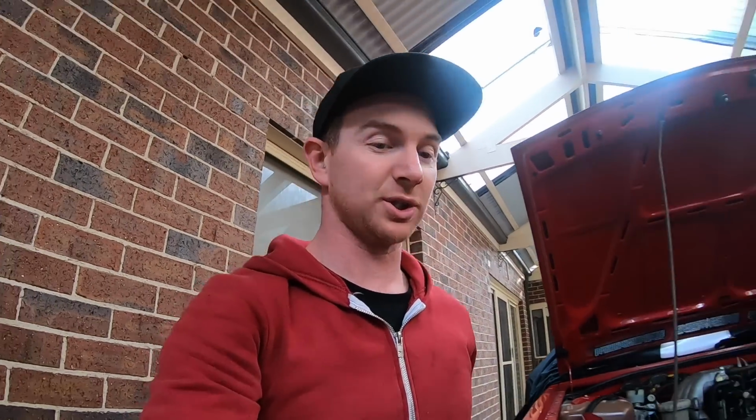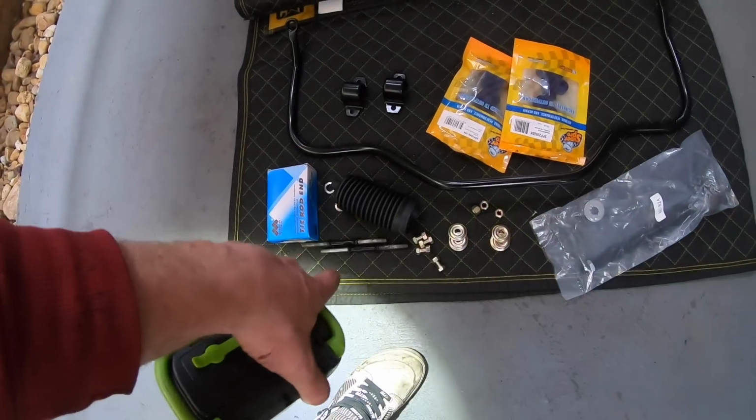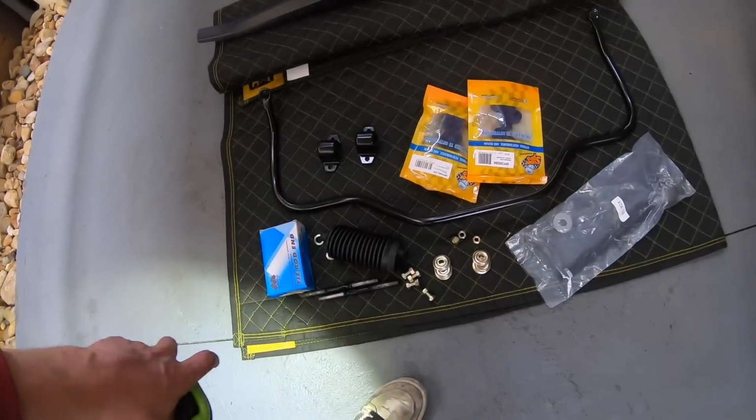I can't wait to put this back on the ground and just wash it. And then I got to put all the back stuff back in. It's not much, it was just a sway bar or anything sway bar related pretty much. Later down the track, like when I do a diff, I'll do the same as I did in the front. So re-anodize all the bolts, all the bushes in the back are all new, so that's all done. But yeah, I just want to get this thing back on the ground and drive the damn thing, to be honest. And it'll be interesting to see the new height, but